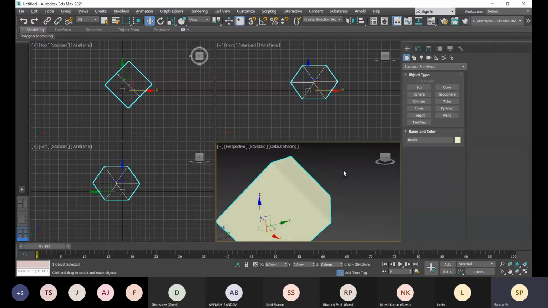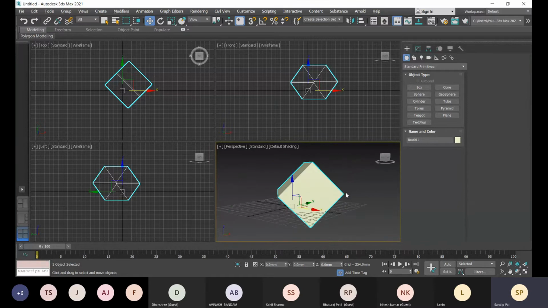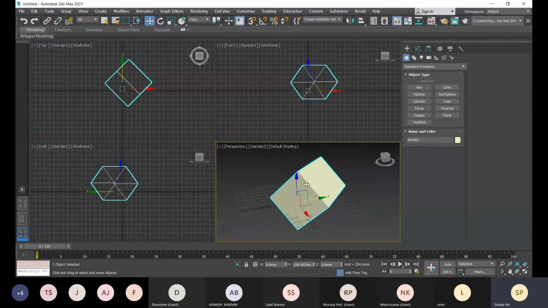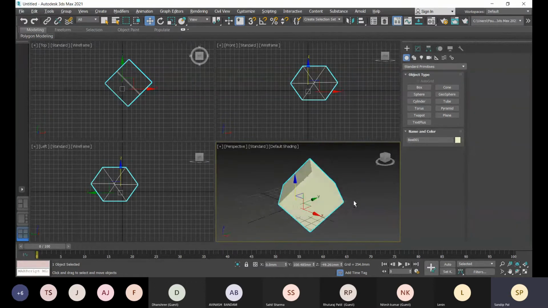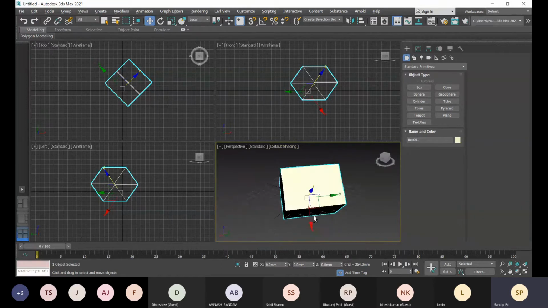I cannot move in that direction. So for that I will choose local, meaning according to this object, this local object, it will set. Right now it is facing the Z direction.